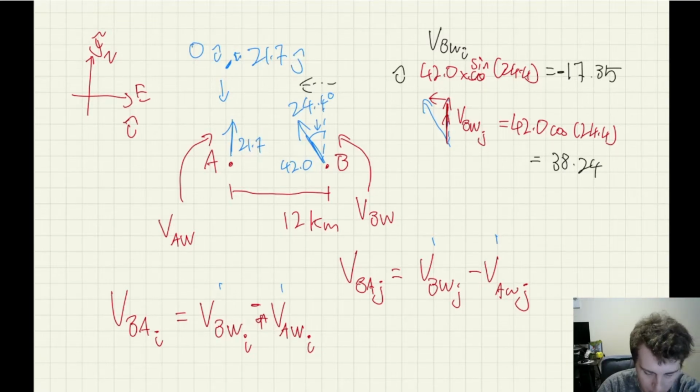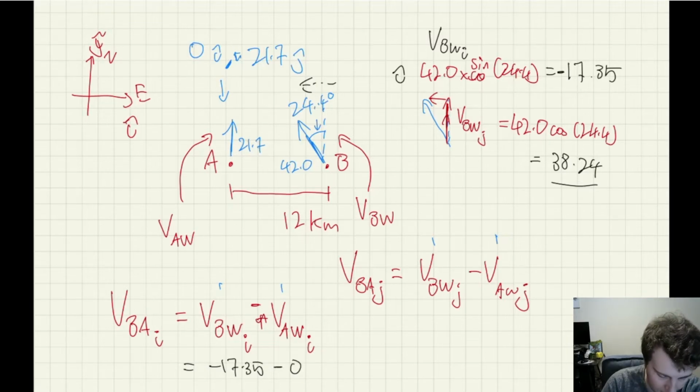And then BW in the J direction is 38.24. So the velocity of B relative to A, BA, the X component, or the I component if you want to be weird about it, is going to be BW in the I components. That's minus 17.35, minus 0. So from the perspective of ship A, ship B is moving to the left, which is good. That's what we're expecting to see. So that's equal to minus 17.35